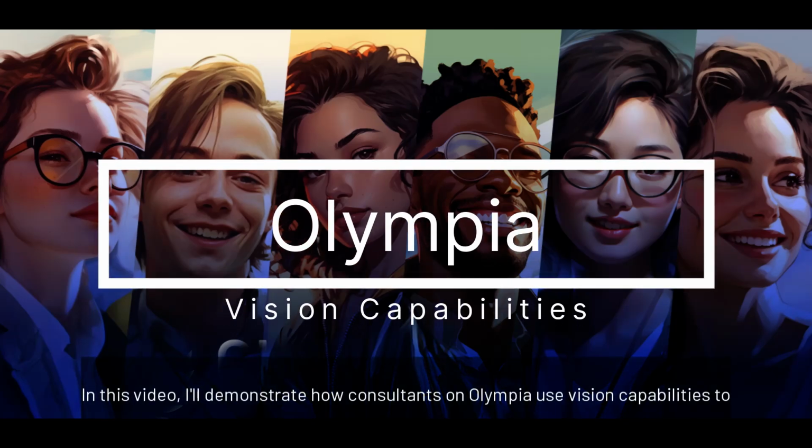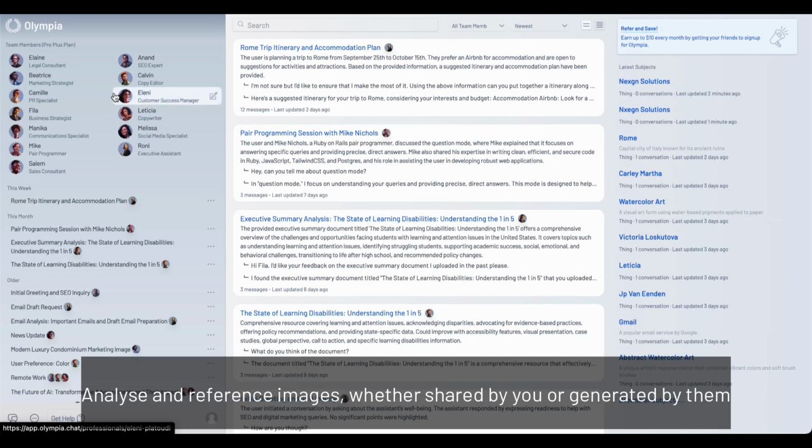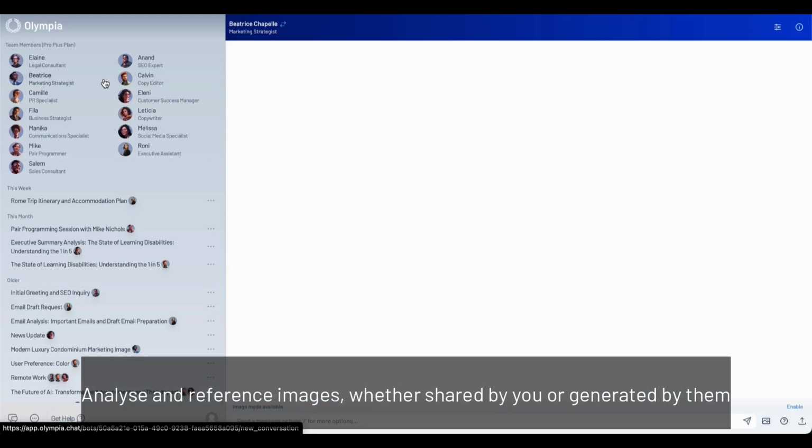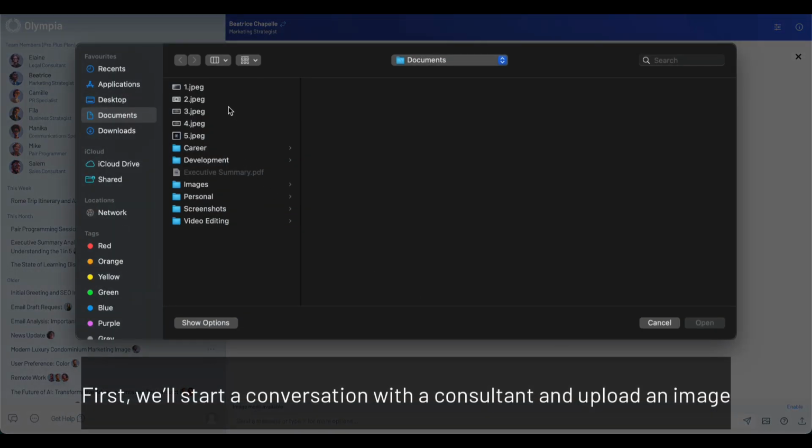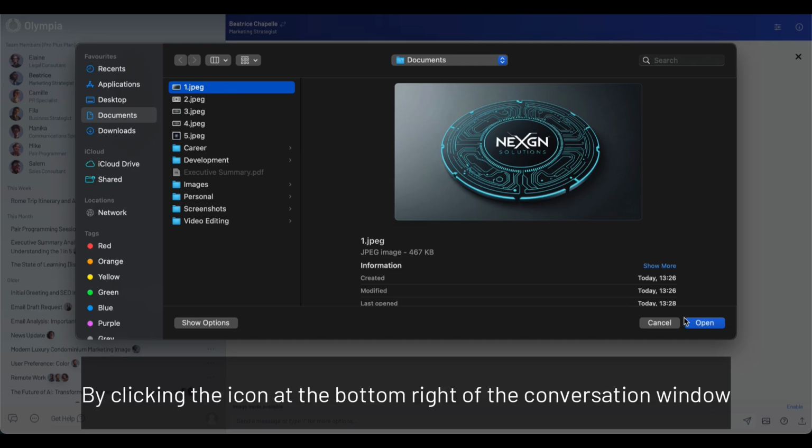In this video, I'll demonstrate how consultants on Olympia use vision capabilities to analyze and reference images, whether shared by you or generated by them. First, we'll start a conversation with a consultant and upload an image by clicking the icon at the bottom right